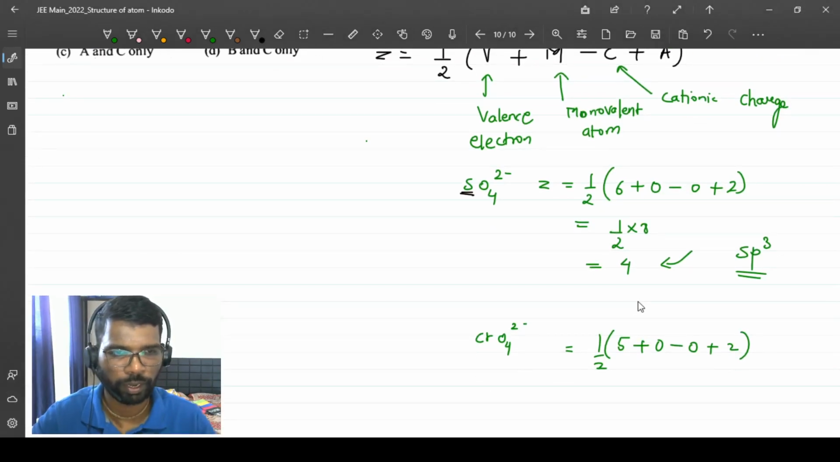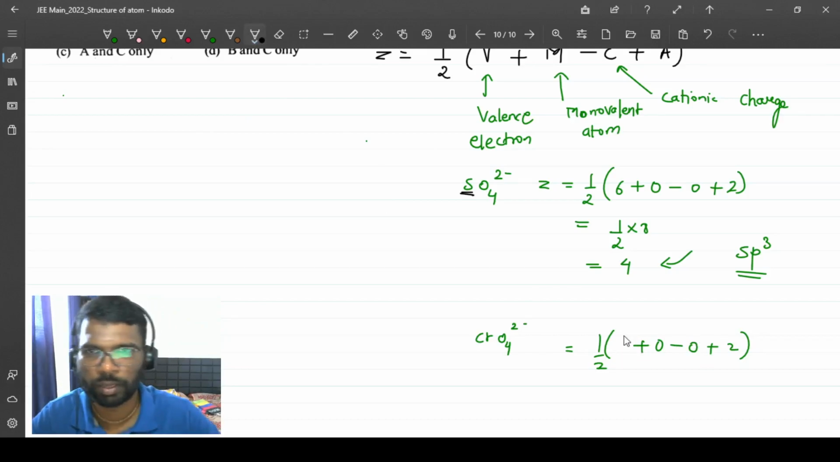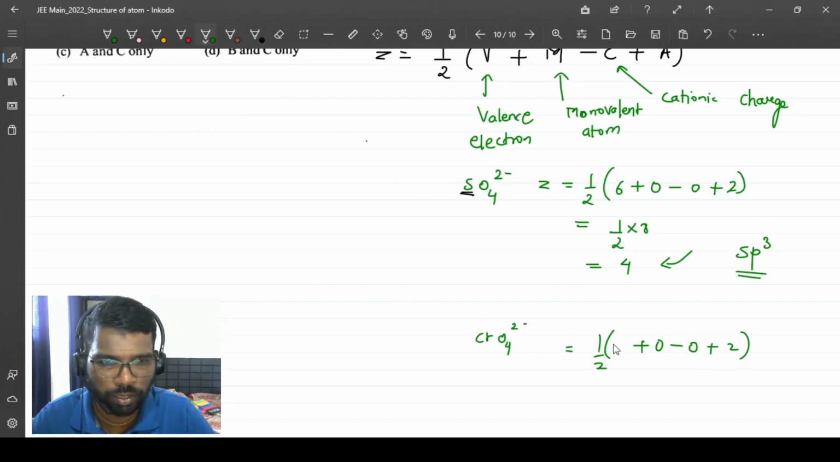Okay, I feel I have made a mistake over here. This is not 5. The valence electrons for chromium will be 6, right? 6 valence electrons. How do we find the valence electrons of chromium? We can write chromium, since the atomic number for chromium is 24, and